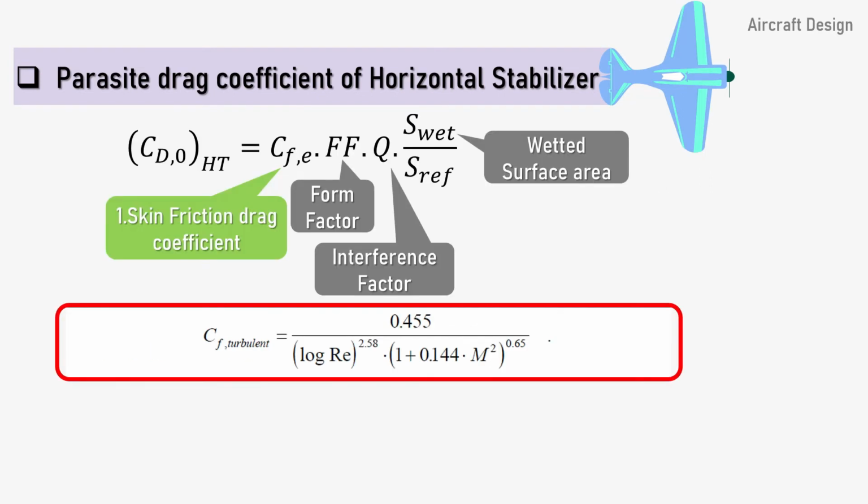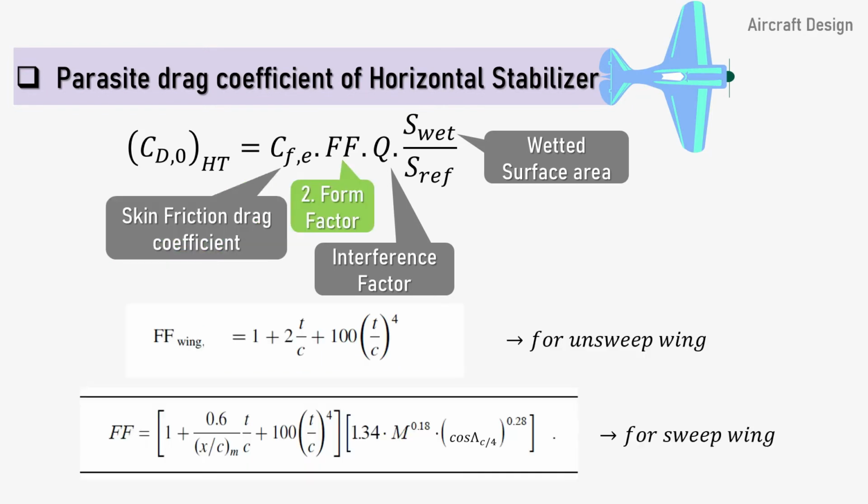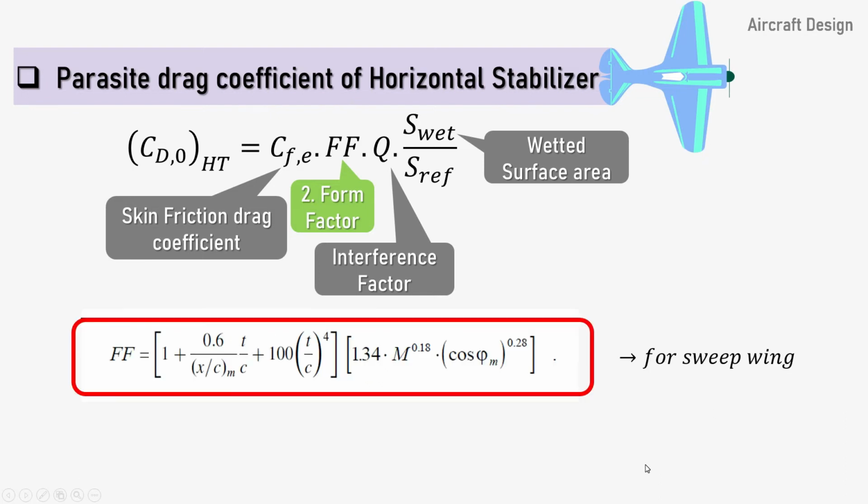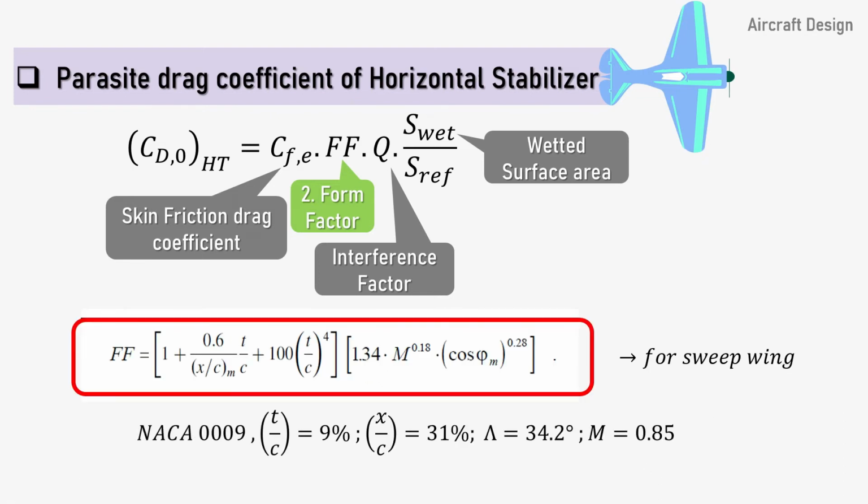From there, the skin friction coefficient drag for an empennage, for a horizontal stabilizer, is about 0.0024. Okay, now the form factor for a horizontal tail of my aircraft. I will use the standard formula. This is the form factor, FF, for a standard formula. Again, the same formula had been used in the wing design. Now I will substitute here and I get around 1.456.